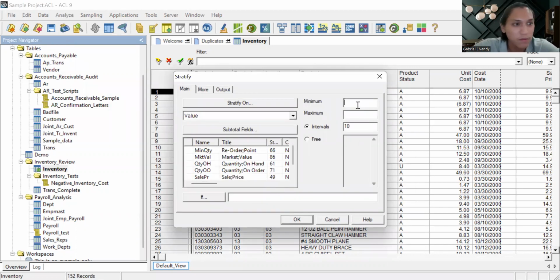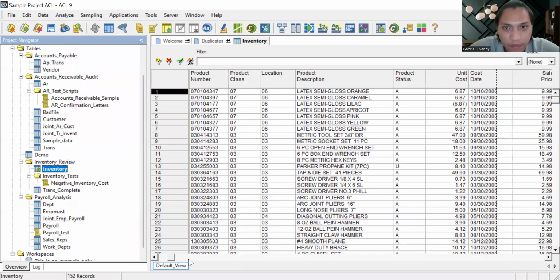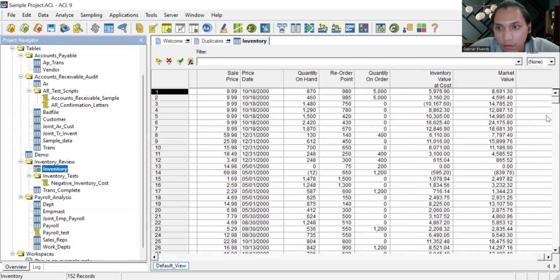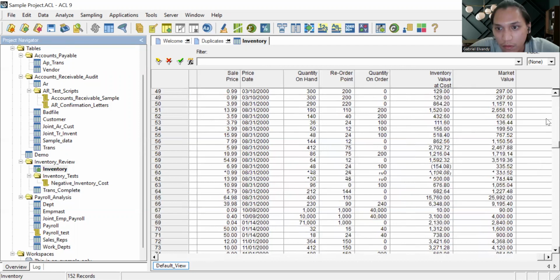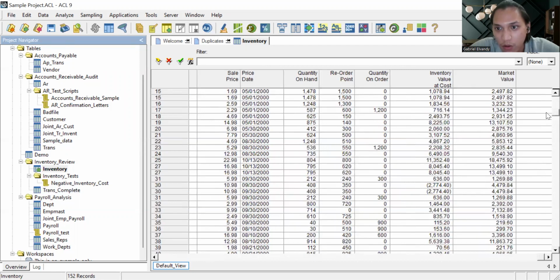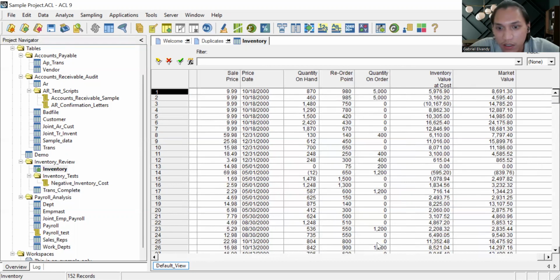The minimum, wait, I'm going to check it first. So here the minimum is, I think,